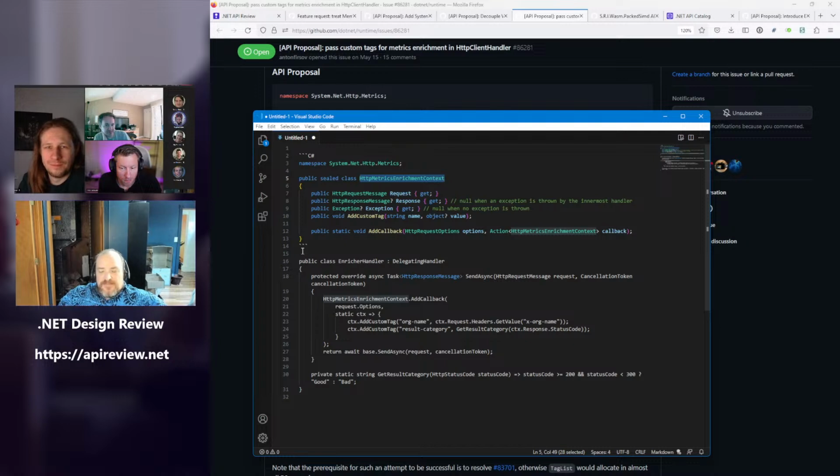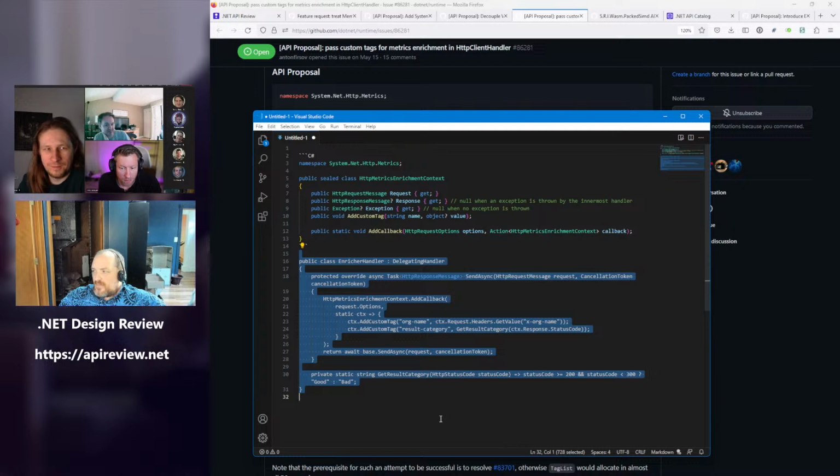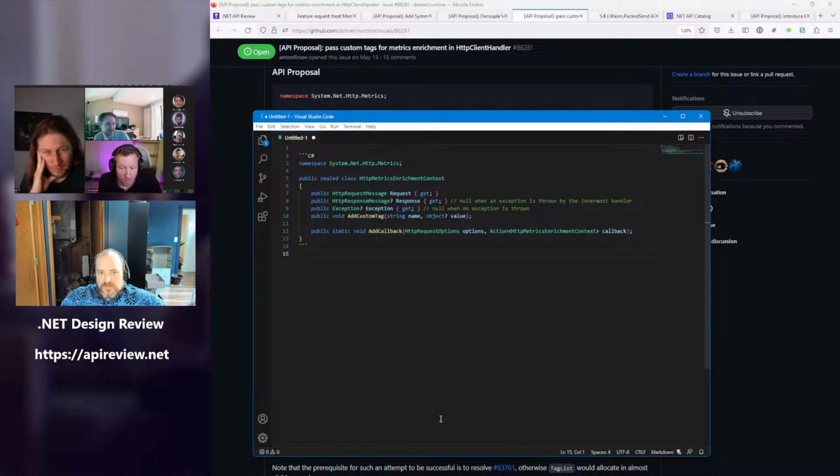People aren't looking, unless they already know about it, at which point discoverability doesn't matter. No one's looking at the context. They might be looking at the options, and Visual Studio might give that as an autocomplete option, even if you haven't used metrics yet. I'm pretty sure I've seen Visual Studio do that. Oftentimes they'll suggest imports as it's giving you extension method autocompletion. So, does anybody have a name better than add callback? We can add the extension method later. Yeah.